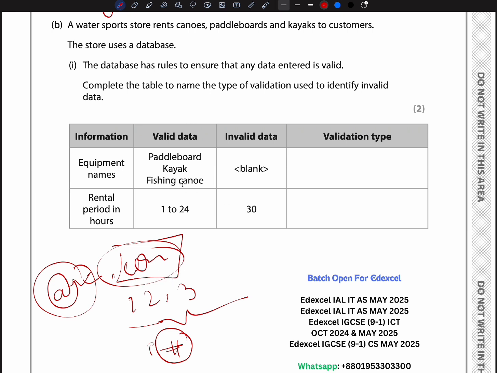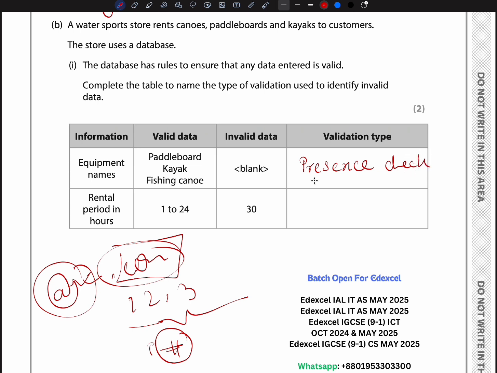So similarly, for the equipment name, this is the information, and the valid data must be paddle board, kayak or fishing canoe. But if someone makes it blank, it must be invalid. So what will be the reason for this one? How will the validation check? They will check the presence, that the data must be present, right? So the answer for this one will be